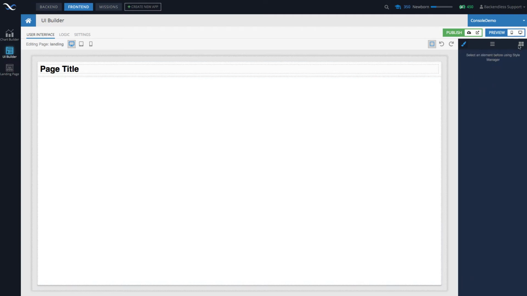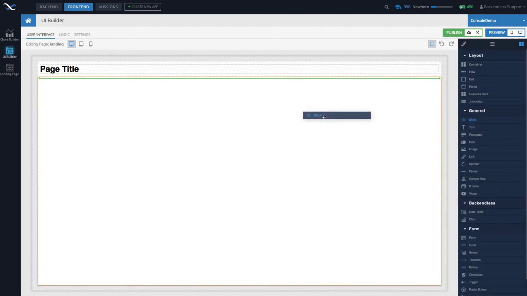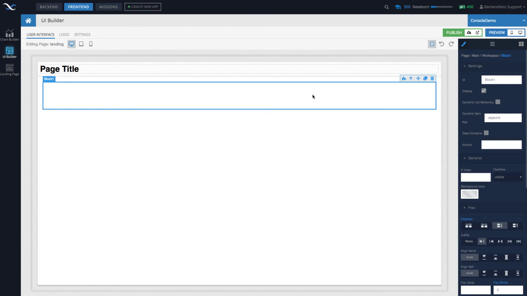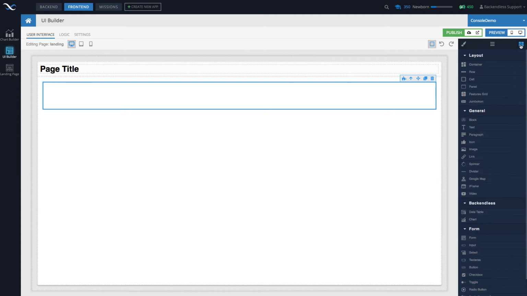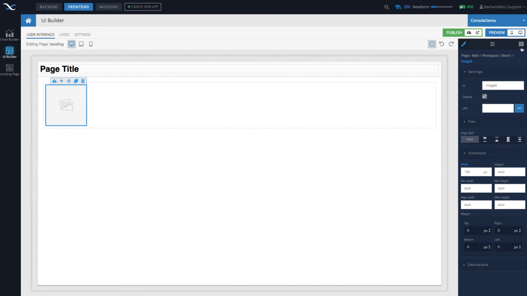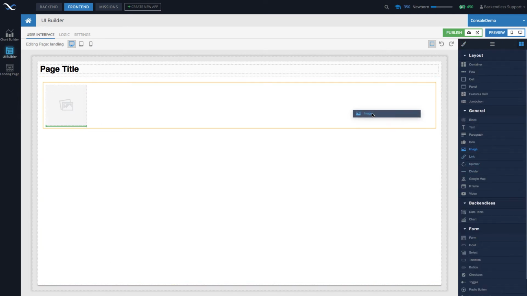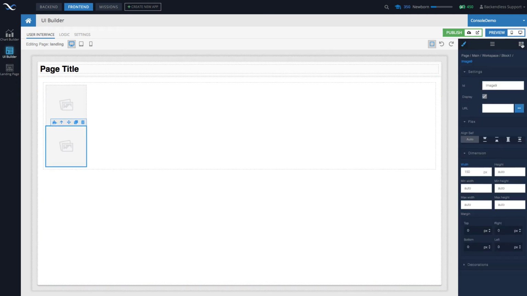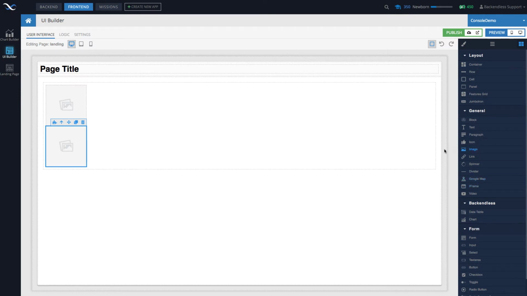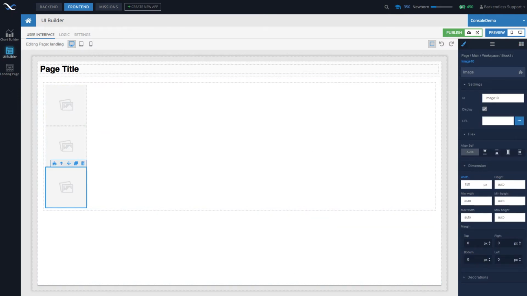Remove that container and we will add the block. Now that we have the block, we can start seeing the effect of the Flexbox layout. In this block, let me add a few other components such as image. In fact, I will add a couple of images because it's going to be very easy to see how the Flexbox layout works. So there are 3 images, and for each image I will add the actual picture, just so we have graphical differentiation between individual children of that block.